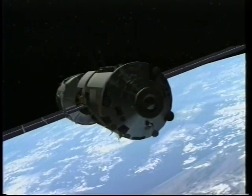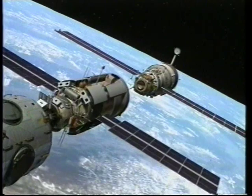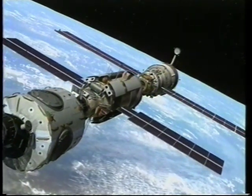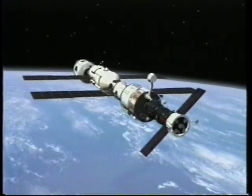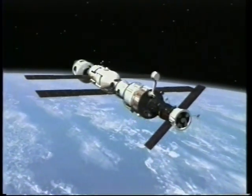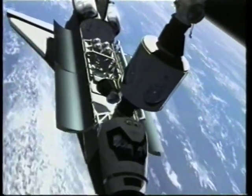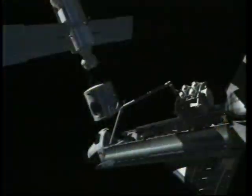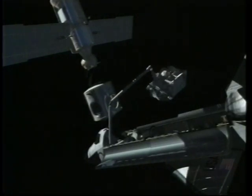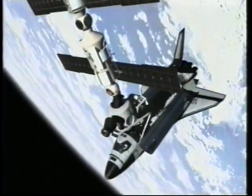A key event in assembly, the existing space station will be maneuvered by ground controllers to dock with Zvezda in Earth orbit. Soon after Zvezda is in place, an unpiloted Russian cargo vessel will bring supplies for the first station crew. A shuttle logistics flight will follow to unload the Russian vessel, continue to outfit the station, and transfer additional supplies from the shuttle's Spacehab module to the station. The next mission will deliver new hardware, including an exterior framework called the Z1 truss and a new mating adapter. With all